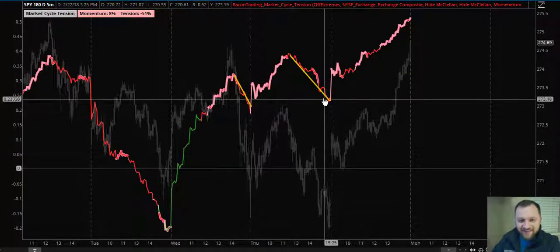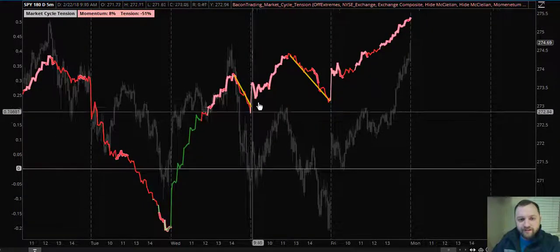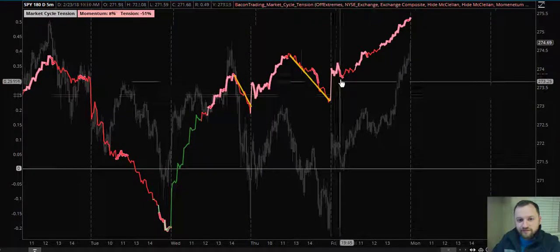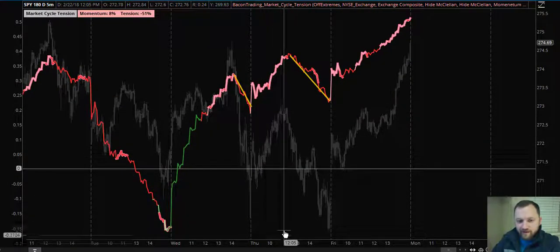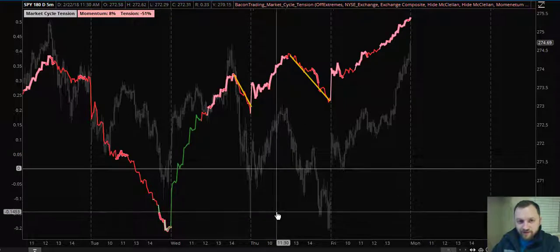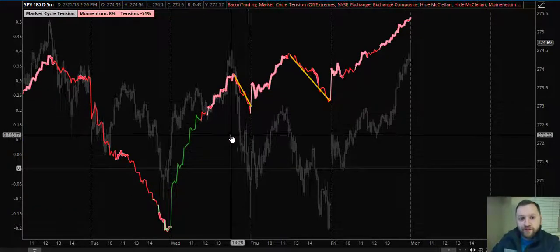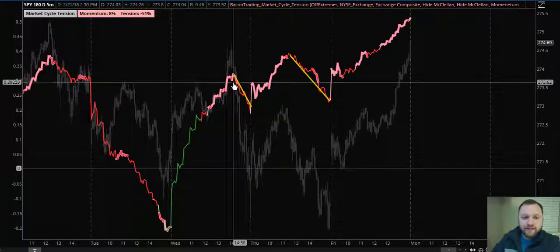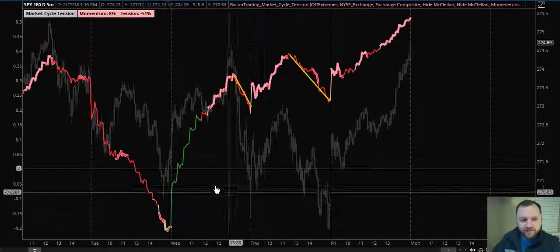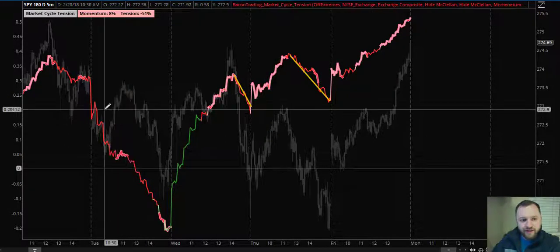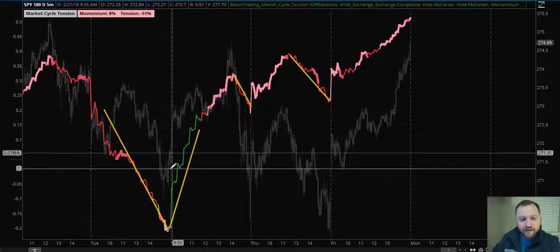But we weren't, look at the tension. It couldn't even get close to being able to move down and build any positive tension in the market. When we're in a bullish state, tension can't push down to build positive tension. So seeing this push down here and build us some positive tension into the market and then release, that was